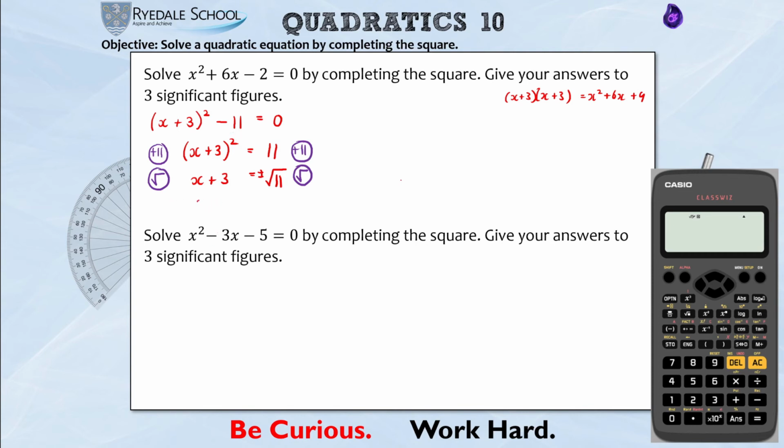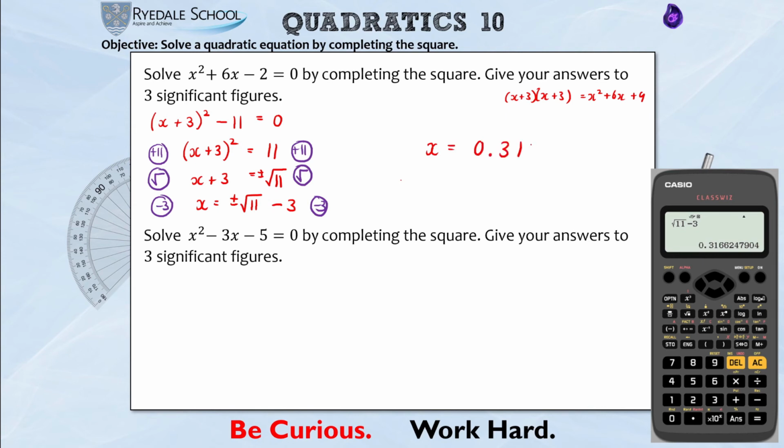And then I need to subtract 3 from both sides, so it's plus or minus root 11, take away 3. So root 11, take away 3, equals... Remember, I'm doing 3 significant figures this time, so ignore the 0. So x equals